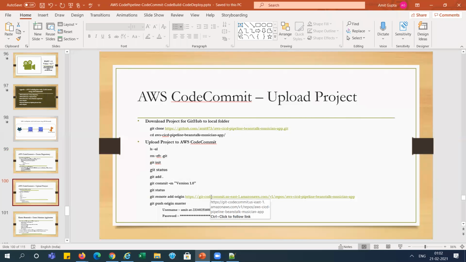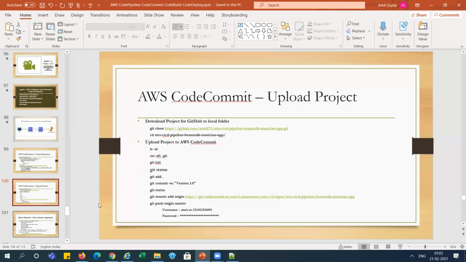Now, I have put my code into GitHub. The process I will follow: I will take the code from GitHub to the local system, then we will remove the git repository connection that is already there for GitHub, and after that we will create the local repository again, and then check in our code to CodeCommit. This is the process.